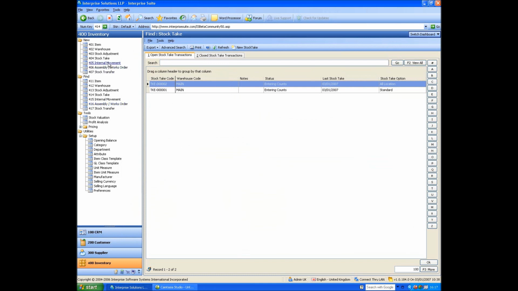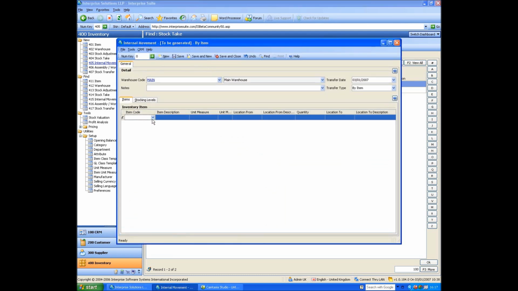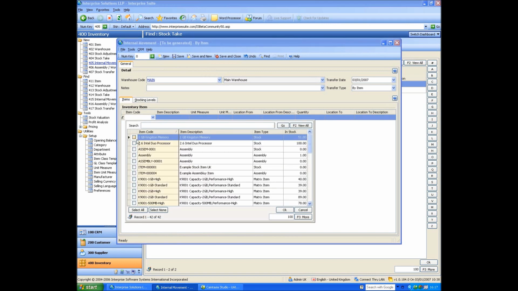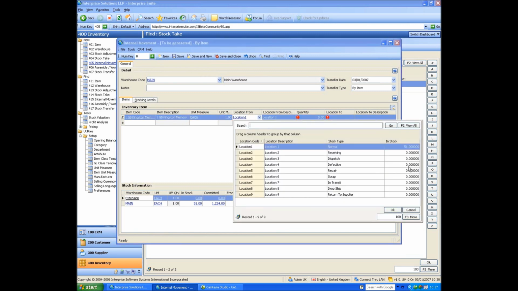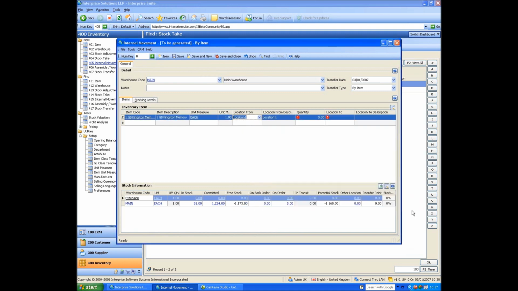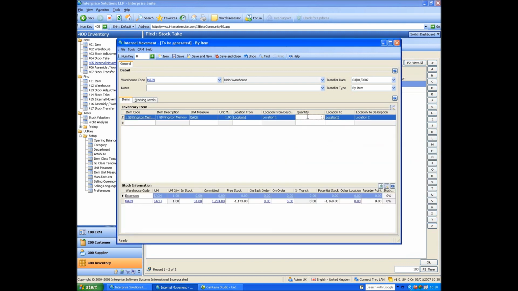Okay, internal movements. This is for moving stock around from location to location. So if I pop up the form, you can see you pick a particular item, let's say that one there. I'm going to say from in each, that's the locations we've got. It tells me what I've got at each location. It'll only let me move stock that I do have. So if I say I'm going to move 1 to location 2,